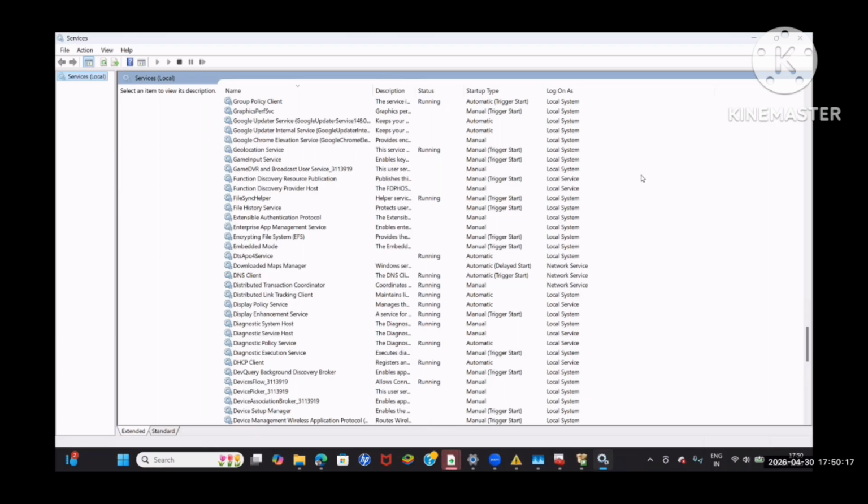The service account is very important. But in the real world, we never prefer local accounts such as local system, local service, or network service to run SQL Server.